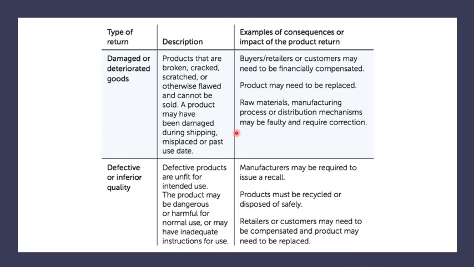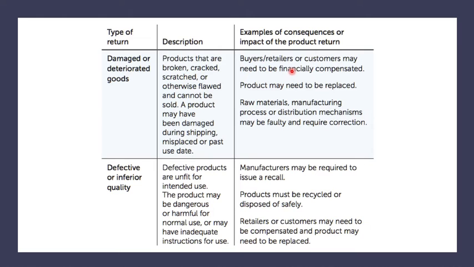The goods that got damaged, like the products that are broken, cracked, scratched, or otherwise cannot be sold. Damaged product or deteriorated product. A product may have been damaged during shipping as well, or misplaced, or past use date. So for goods that have been damaged or deteriorated, the consequence is that the buyer or the retailer or the customer may need to be compensated, because sometimes you receive goods from Amazon that are damaged,